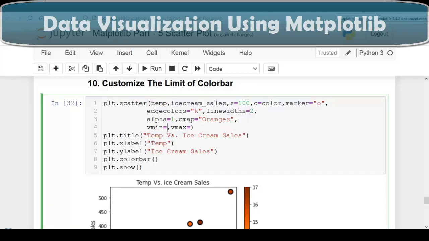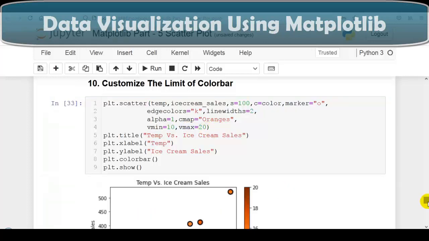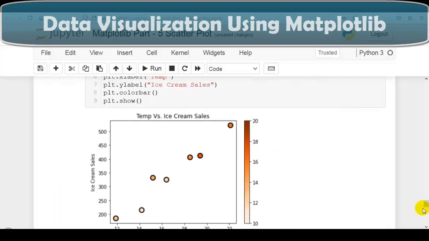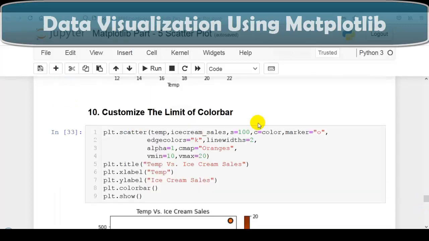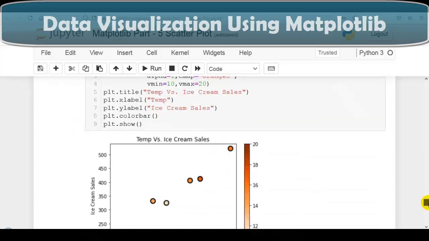So let me set vmin to 10 and vmax to 20. As you can see, vmin, which is the lower bound of color scaling, and vmax, which is the upper bound of color scaling. Let me execute this cell. As you can see over here, 10 to 20. So this way we can customize the limit of the color bar that you can see over here.